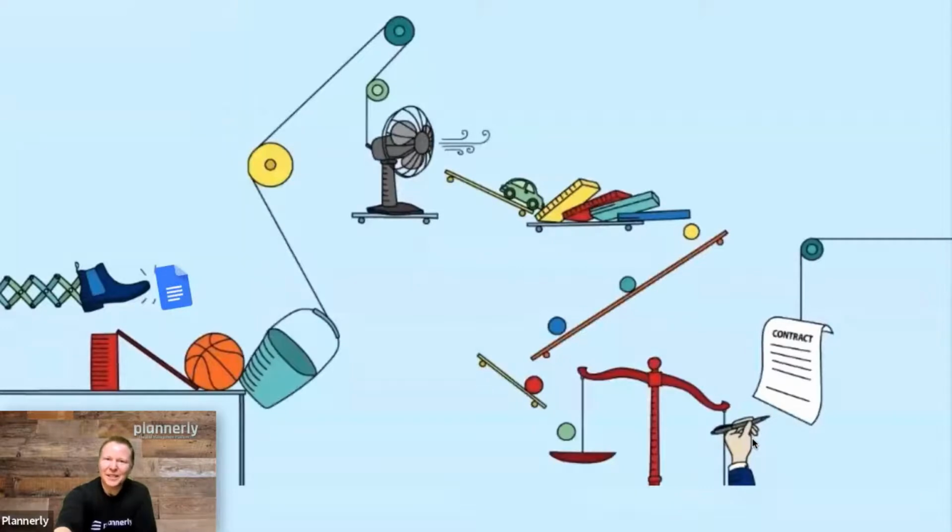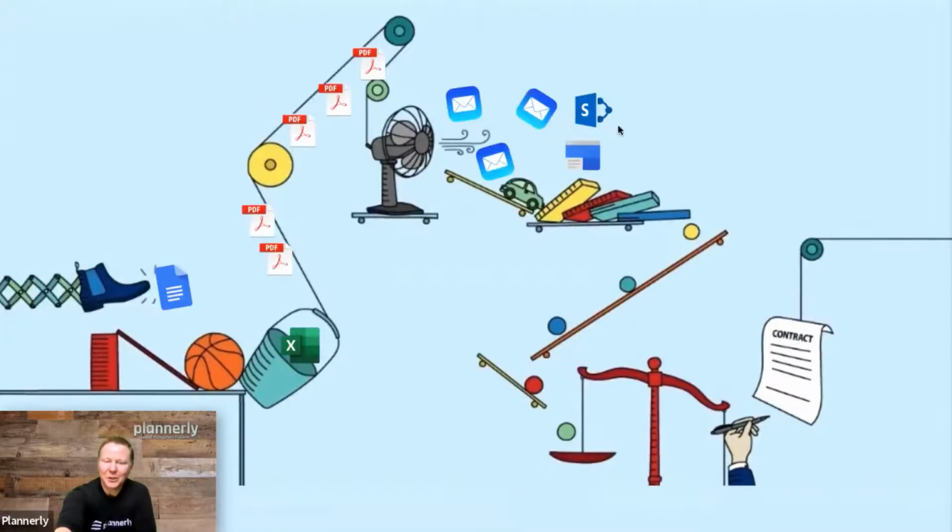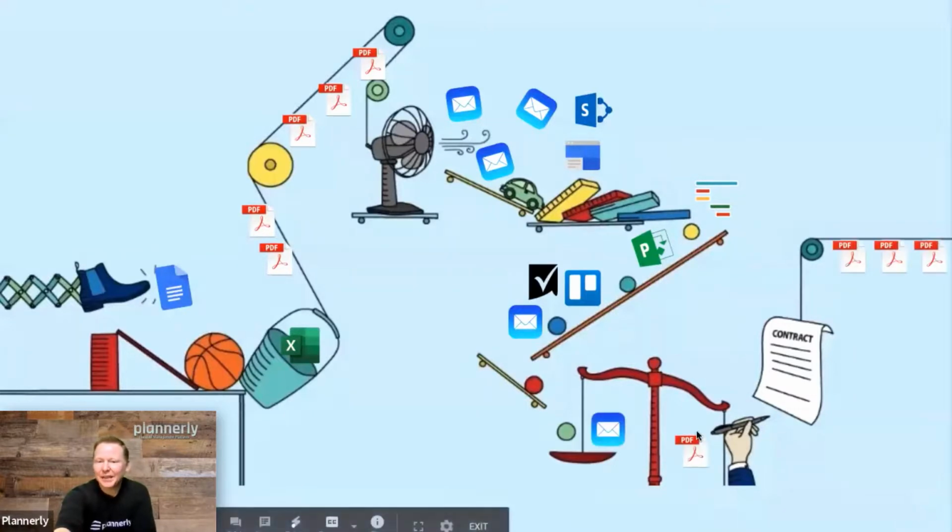When we look at this in a Rube Goldberg type machine, we start to add maybe the scope in an Excel or a spreadsheet type form, and then we start to put different PDFs out for tender, maybe sent via email or using SharePoint or some kind of website, and then the teams are compiling responses and understanding their resource capability, capacity, and being able to then evaluate and go to contract. There are lots of different ways of doing this, and there are some fantastic tools out there to do it.